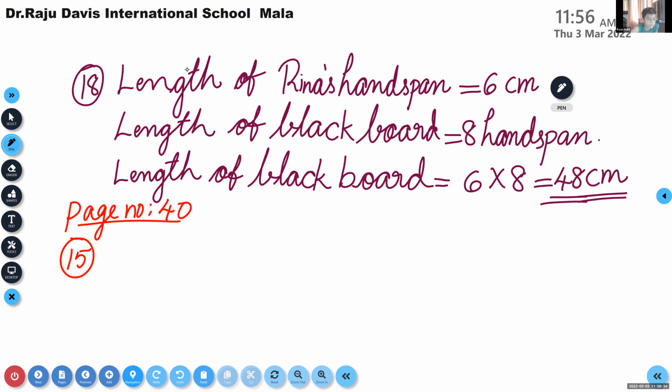So here also we can use multiplication. Yes. How can we use the multiplication here? Which numbers do we need to multiply? 5 into